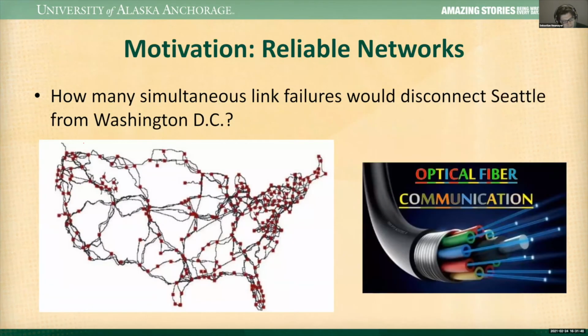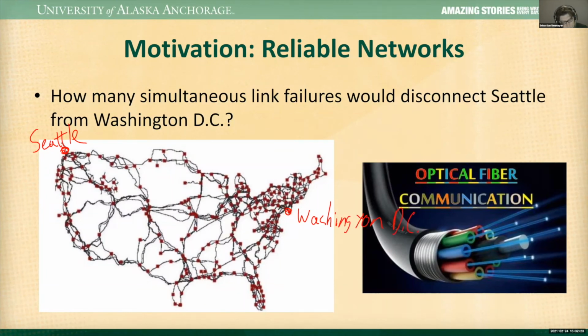And so this is a fiber map of the US internet. The backbone routers connecting cities, the communication lines connecting cities, are given by fiber optic cables. And you can look at this map as if it were a graph, because these cities are connected by fiber cables. So again, we're abstracting the internet backbone. You can imagine it as a graph, and you can ask the question, well, I have Seattle up here, and I want to make sure that Seattle talks to Washington, DC.